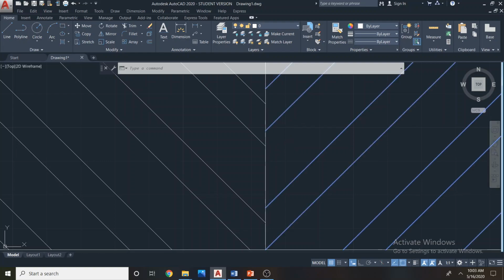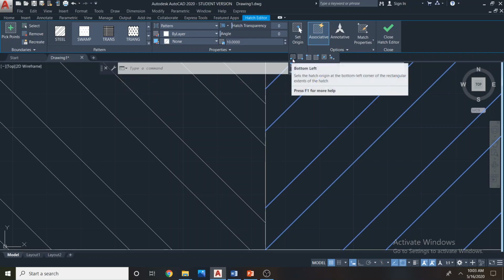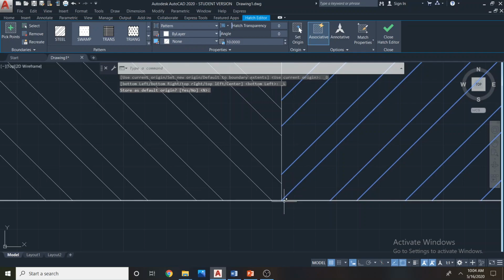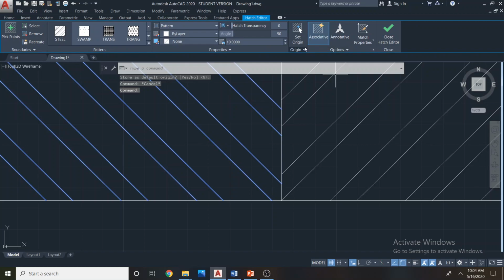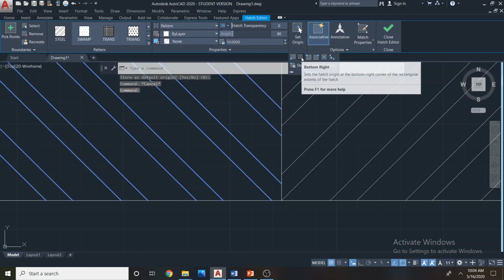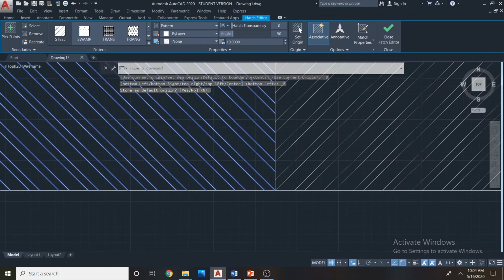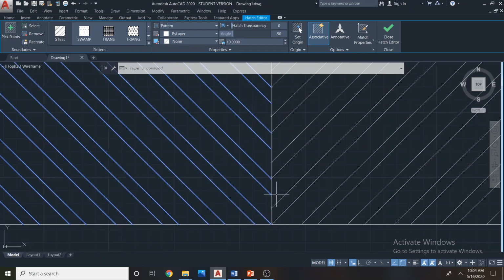So when you click this hatch pattern, these origin buttons appear. So there are predefined settings as I told earlier. If you click this one, it's trying to align to the bottom left. If I click it here, you see it's already aligned to bottom left, so nothing will happen. But if you select this one and say bottom right, it will align like this, which is not what we want. So we will not get the required alignment nicely. Some are aligned, but some patterns are not aligned.